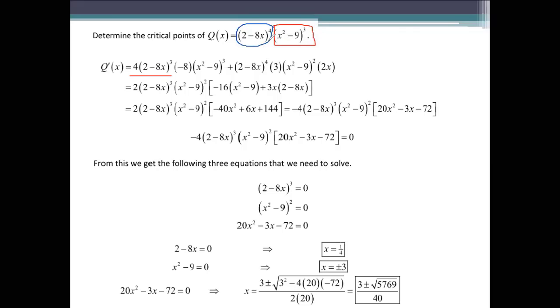So here we have 3 times x squared minus 9 squared, and the derivative of x squared is 2x. So, and now we can simplify and factorize this expression. And if we factorize this polynomial, we have the next one. So we get this function